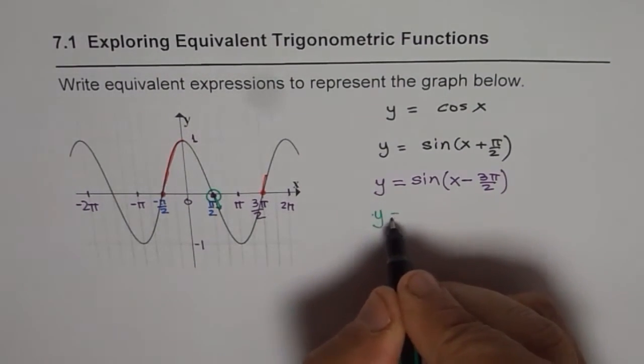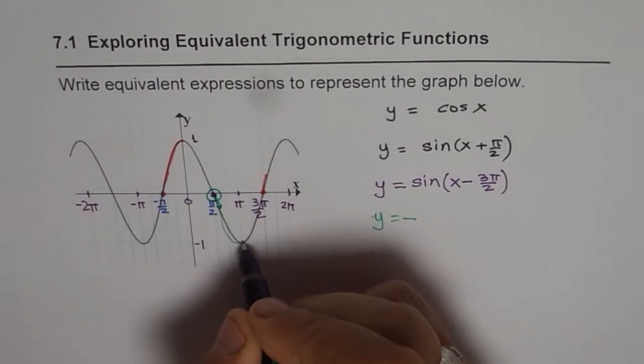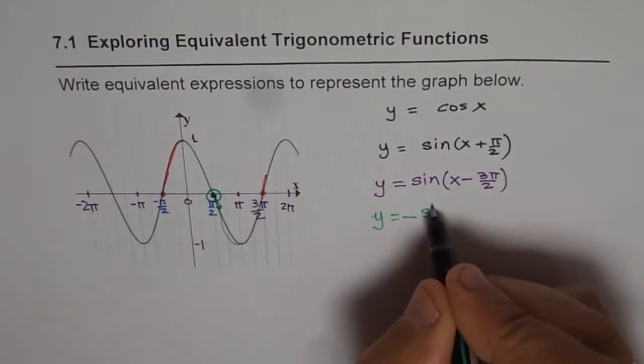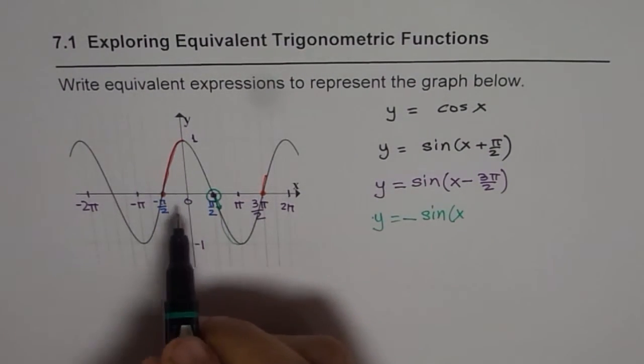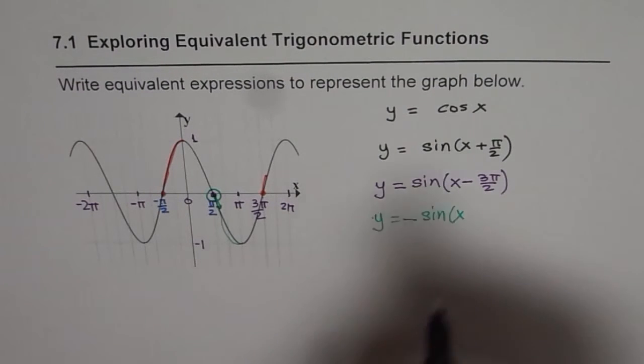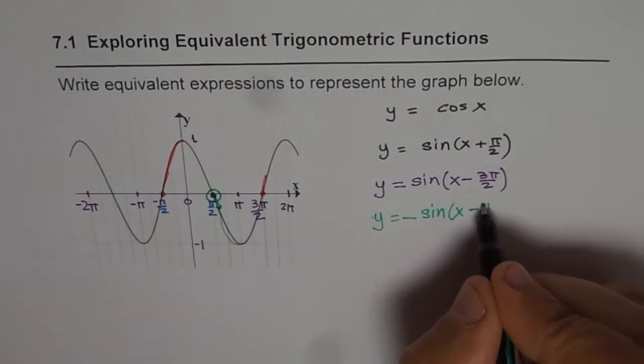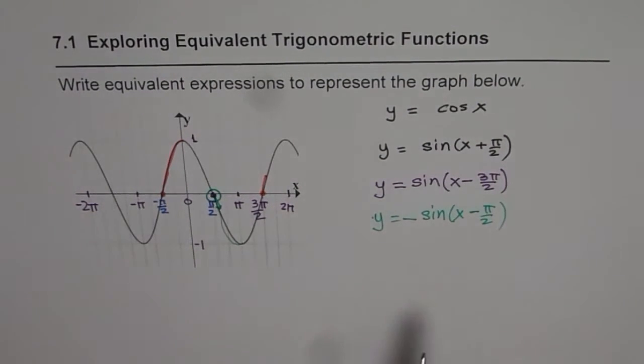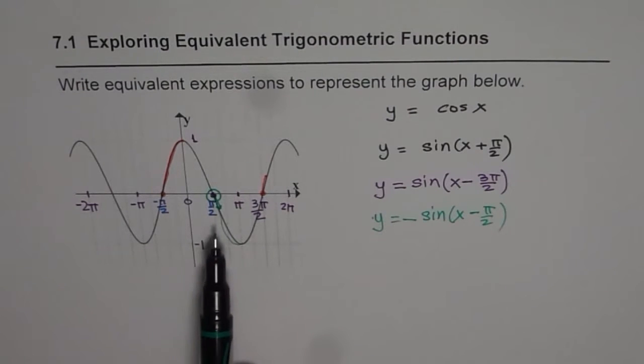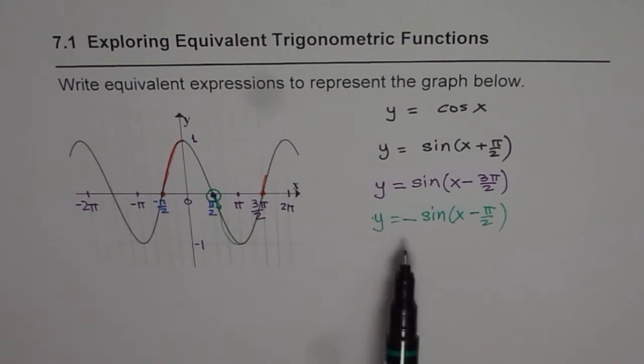That means it is y of negative because the sine wave goes downwards. And which wave are we talking about? The wave which has moved pi by 2 to the right. So in this case, this represents equation of the same graph. Do you understand? Likewise, we can actually write many different equations, and all are equivalent equations since they all represent the same graph,